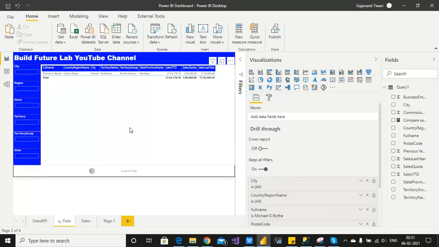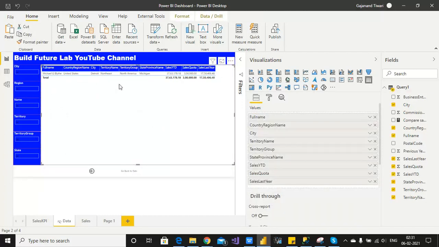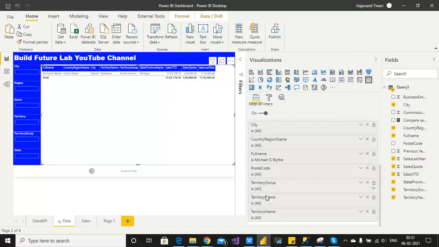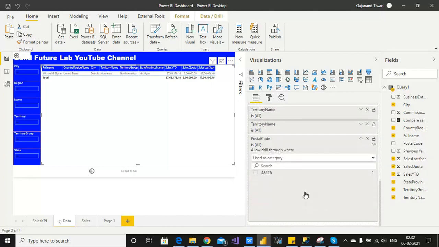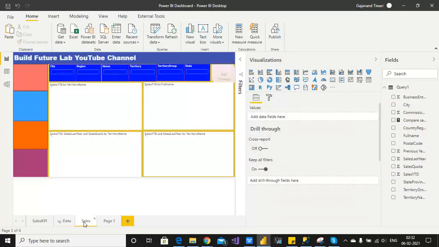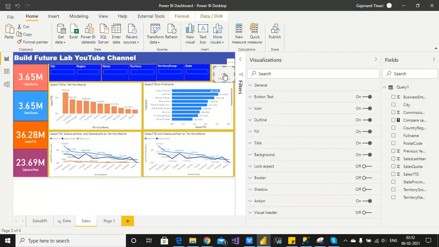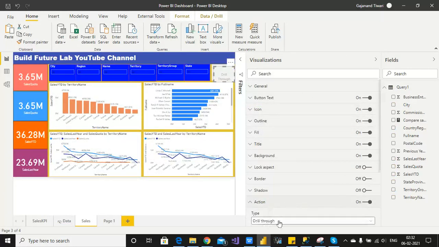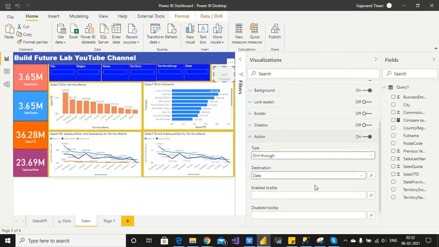And let's talk about the drill through. So drill through part you can give the filter here, all filters give here by selecting this column and give it to them, no problem. See this, I did it. And after that, come here to the sales tab, map it. By mapping, go to the action, add the drill through, select tab name, data. I created the data tab, so tab name.